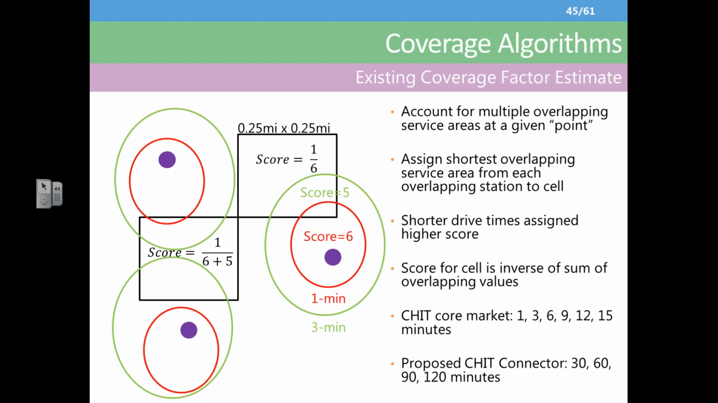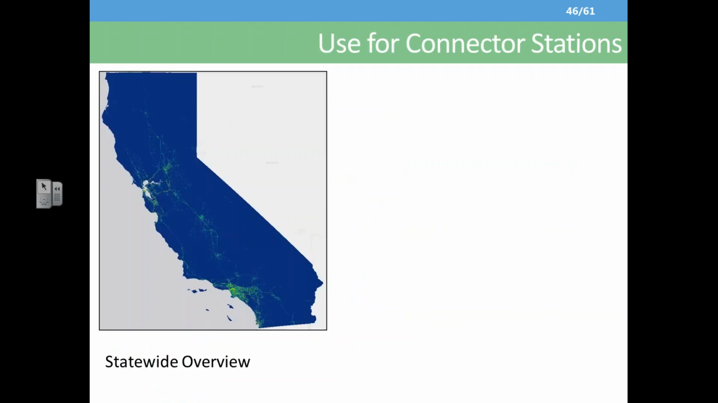at 1, 3, 6, 9, 12, and 15 minutes. And so just our first kind of proposal for seeing how we could adjust this for connector type stations, we could do the same kind of analysis, but where we change the cutoff points to 30, 60, 90, and 120 minutes, right? Based on maybe if you're assuming connector stations are for long distance travel, looking at 2-hour travel before you want to refuel. It could, of course, be longer, but we're trying to err on the side of more